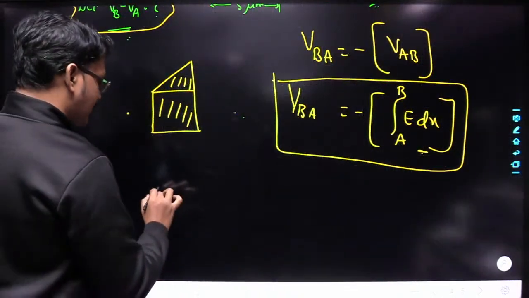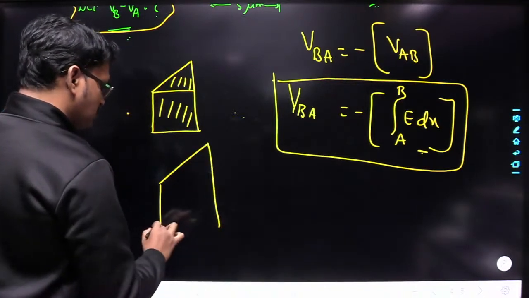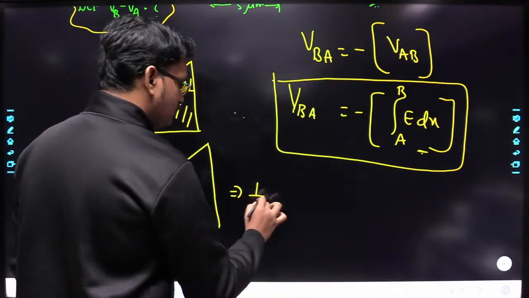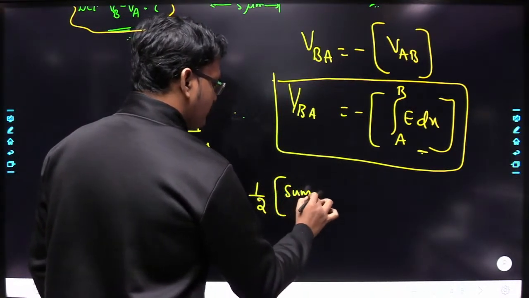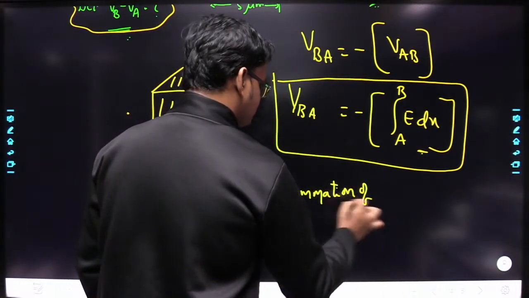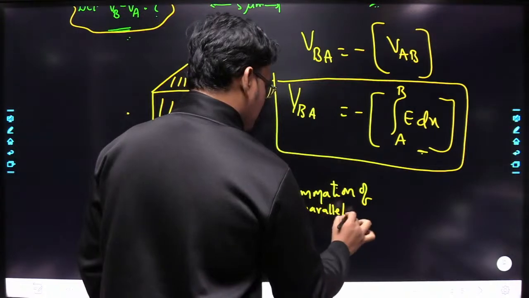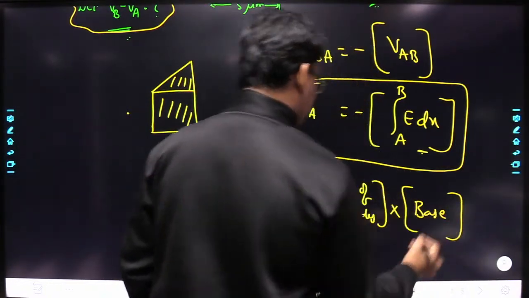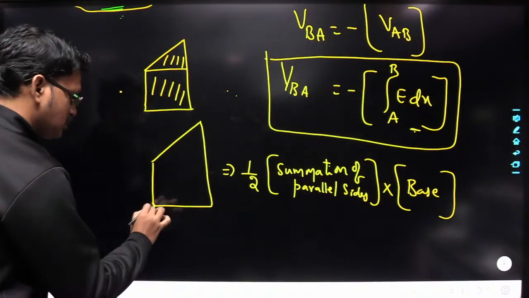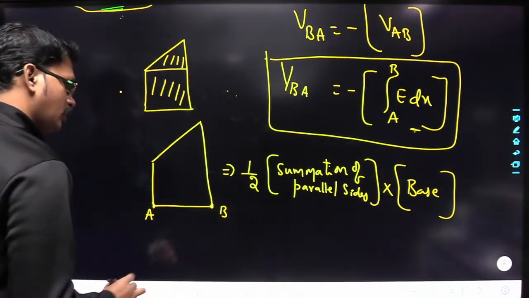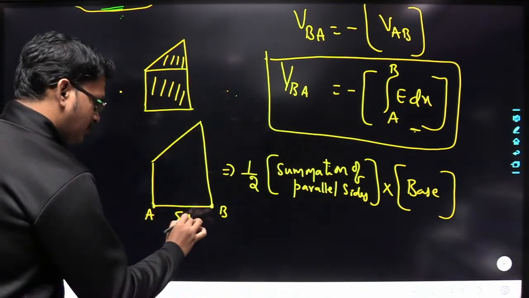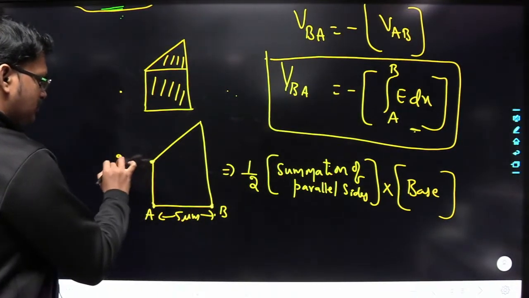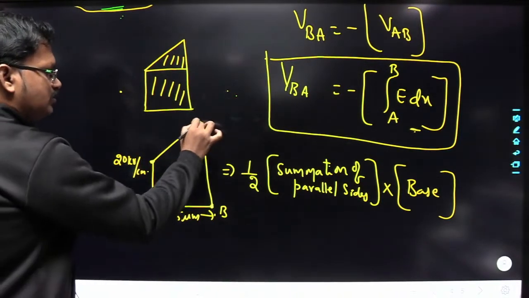Otherwise, you can directly use the formula to determine the area of a trapezoid. That is half into the summation of parallel sides into the base. So this is the base, A here, and here they have given B. From A to B they have given 5 micrometers. Understood? And here they have given 20 kilovolt per centimeter, and this one they have given as